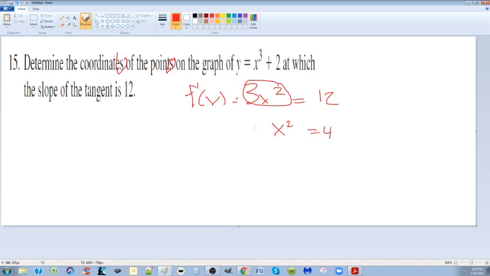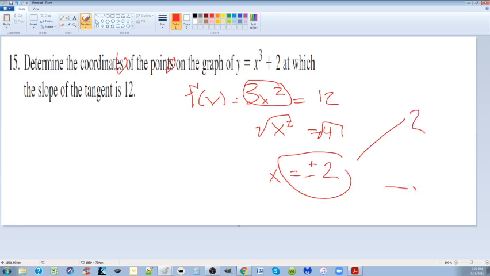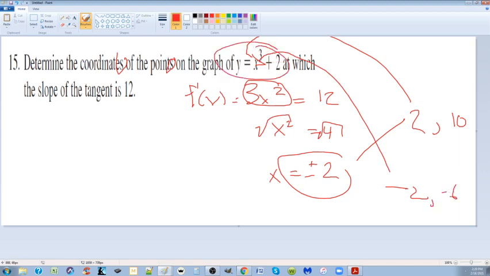And then when we square root both sides, this is the big secret that I often forget to do, I have to put a plus or minus 2. So that means when x is 2 and when x is minus 2, it crosses. So when I put x is 2 in here, I get 2 comma 10. And when I put x is minus 2 here, I get minus 2 comma minus 6, which makes sense because all parabolas on the matching side